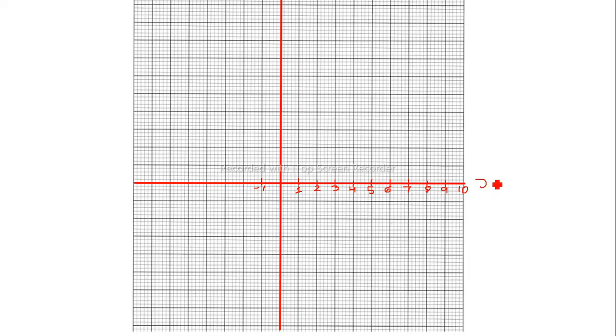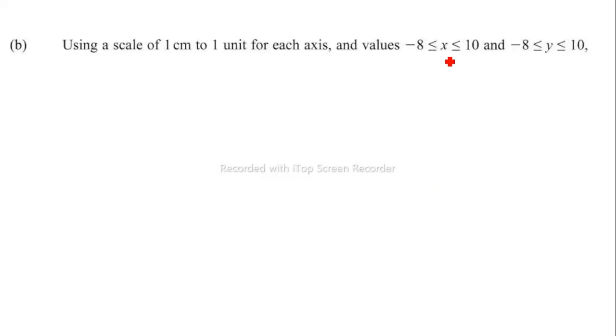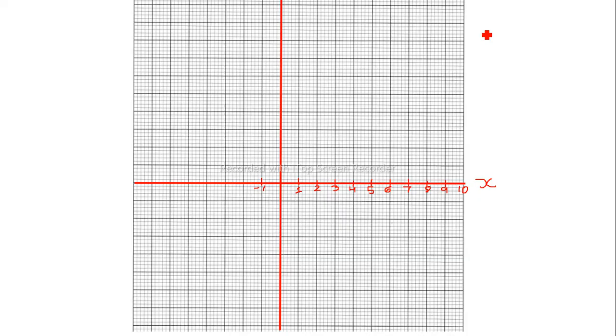x-axis. And it's not because of what we want. It's because of what they said. They said that x has to be, the biggest it has to be is 10. So make sure you note that. It's not because of how Mr. Petit wants to draw it. It's how they say. So they say that x has to be 10.